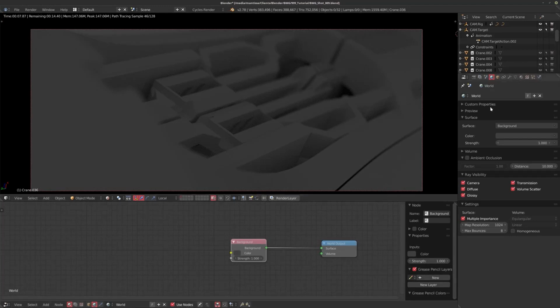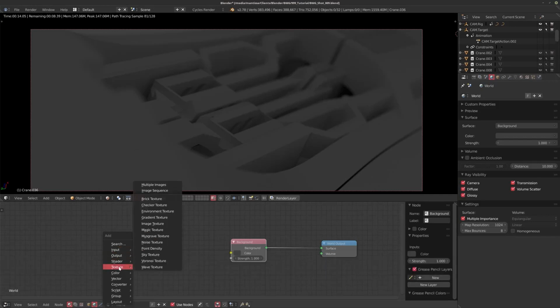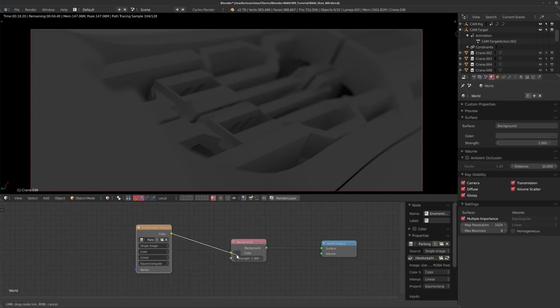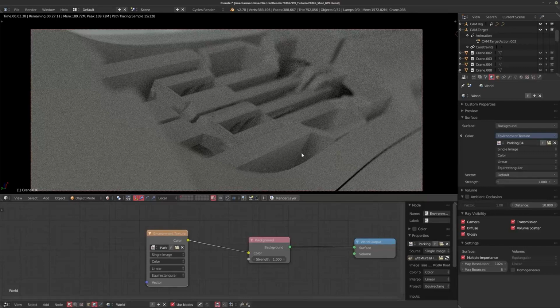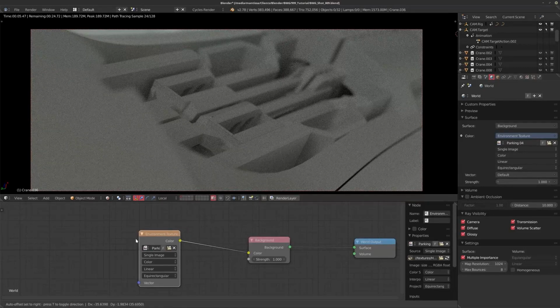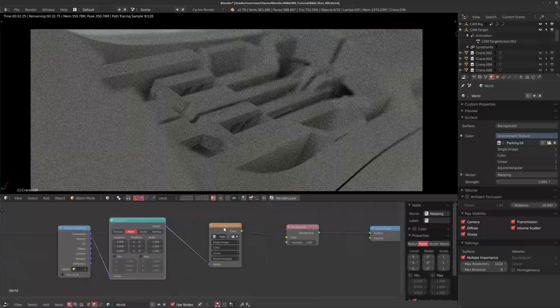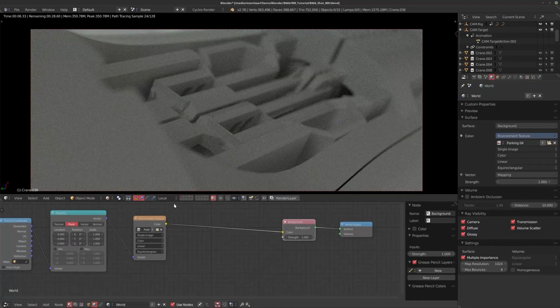So one of the things that we're going to have to do is actually bring in our, where are we? Texture, environment texture. And because it's loaded in, I can just grab it here, stick it into the color slot, and there we go. So now we're lighting this with an HDR. Now, most people load in an HDR and they're sort of done with it. And I don't necessarily agree with that, especially if you're doing shots that are really up close. You can mess with the HDR quite a bit.